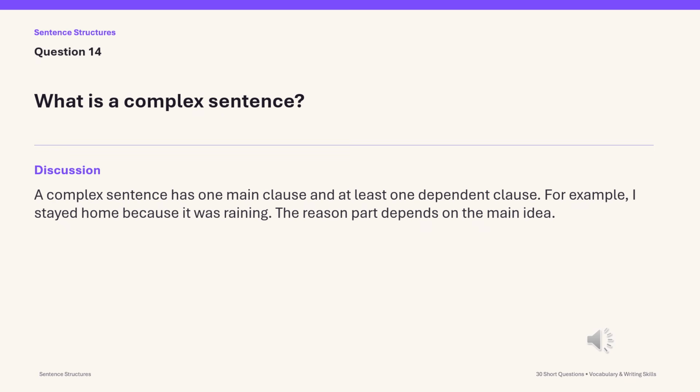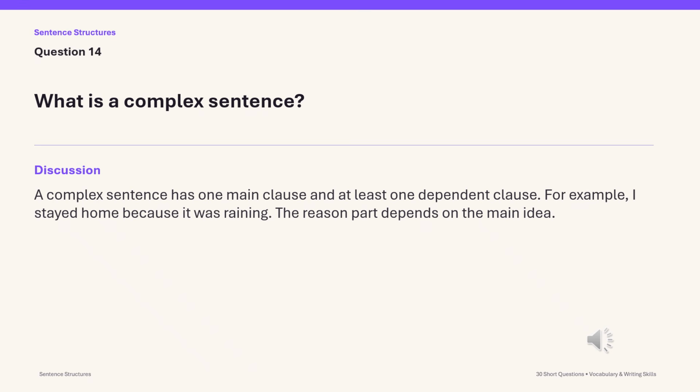The next question goes as: what is a complex sentence? Now, a complex sentence has one main clause and one or more dependent clauses. For example, I stayed home because it was raining. Here, I stayed home is the main clause because it gives us a complete meaning. And the next part is because it was raining, it is the dependent clause because this part of the sentence